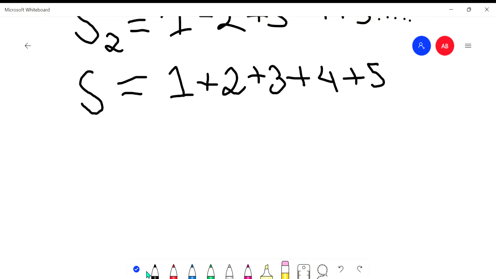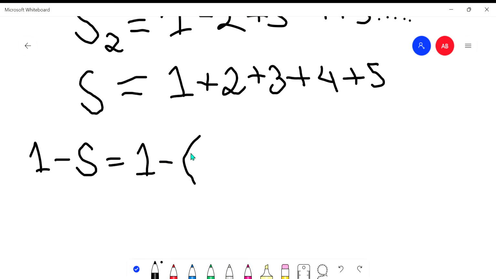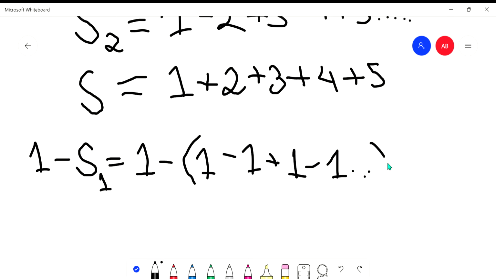Well, this is what you do. To figure out an infinite sum, what we're going to do is 1 minus S1. 1 minus S1 is going to be 1 minus 1 plus 1 minus 1. You get the point. And now, if we expand this out, you realize that